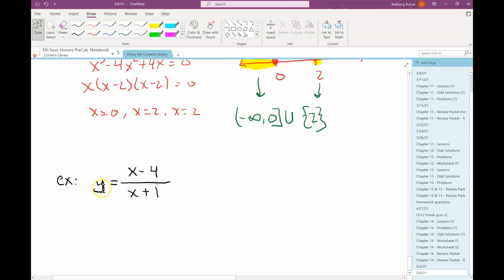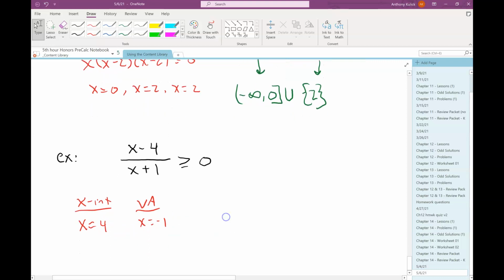Oh my goodness, what did I do here? Try this. So my x-intercept is 4, and I have a vertical asymptote at -3. So the x-intercepts are going to get a closed circle because it's an or equal to, but the vertical asymptotes